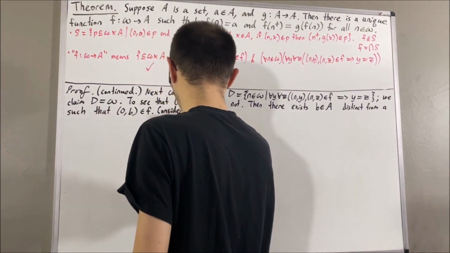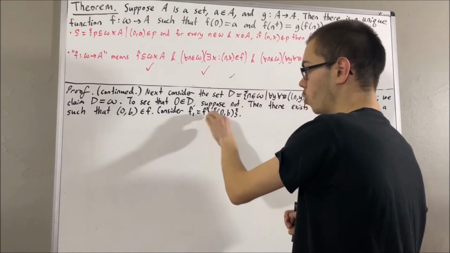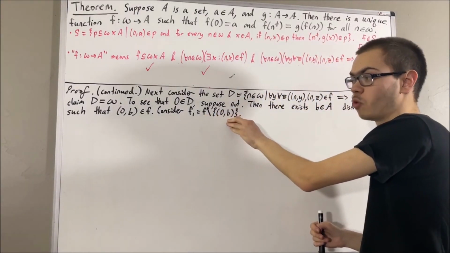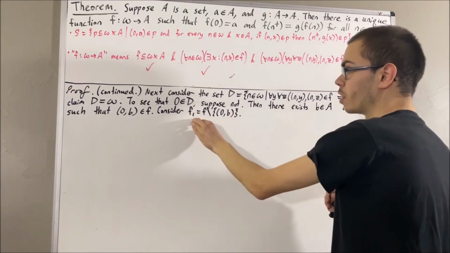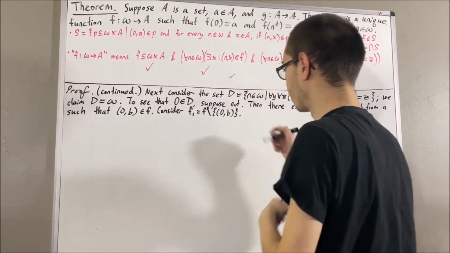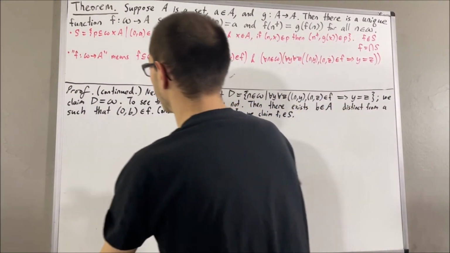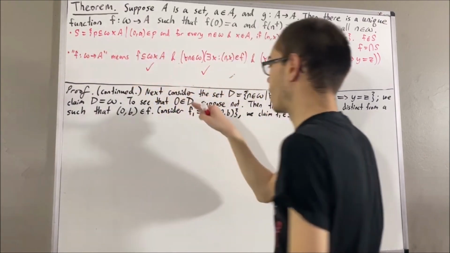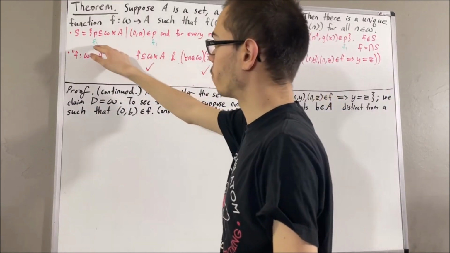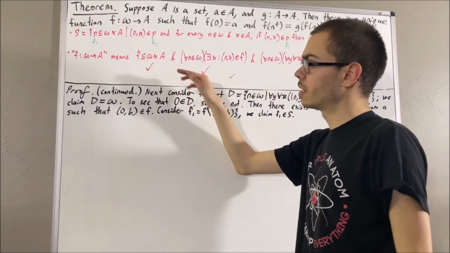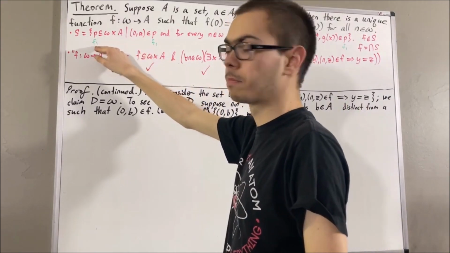We consider the set F with the ordered pair (0, b) removed, and we call the set F1. The claim is that F1 is an element of S. To show that, in the definition of S, let's replace P with F1. And let's first show that F1 is a subset of omega times A. To do that, we consider an arbitrary element P in F1,